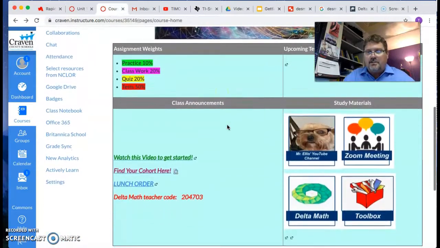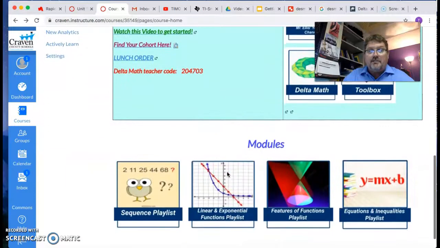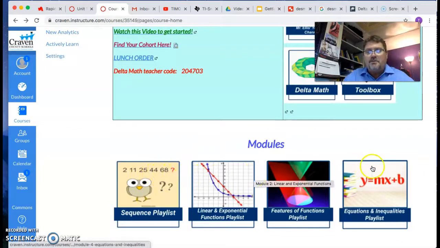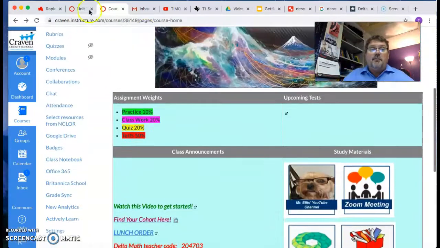You can see your page looks just about the same, not a lot of difference. In a minute, like I said, I'll show you where you're going to use this Delta Math code. And you've got this course, they're called modules, okay? And this is where we'll be beginning. Notice there are 4 modules in this semester. We may get a little further than that. I hope we do. Math 3,